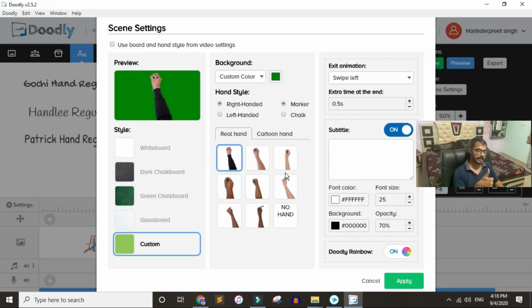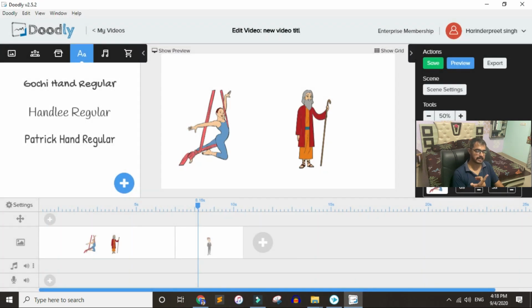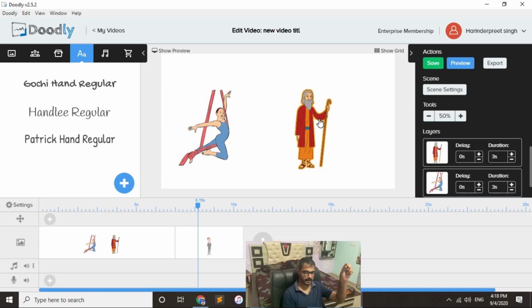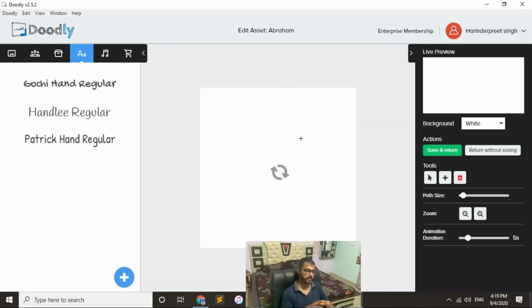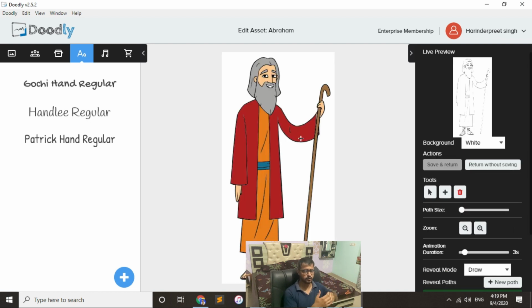The next thing that I like about Doodly is that it has a custom path. You know that the hand will draw the objects, but you can customize how the hand will draw the object, either starting from the left side and ending on the right side. By default, if I click on that pencil icon, the drawing effect for these elements is perfect. But when you import your own images, you will not like it, and you will probably want to customize that.